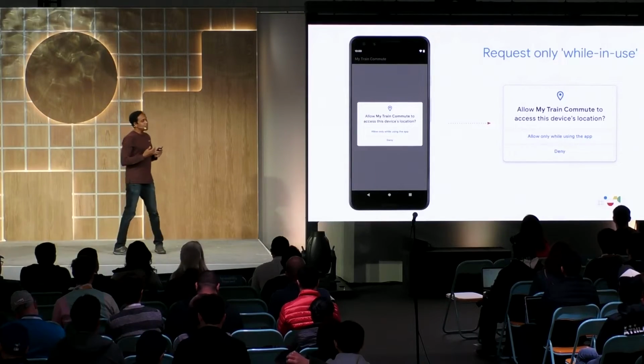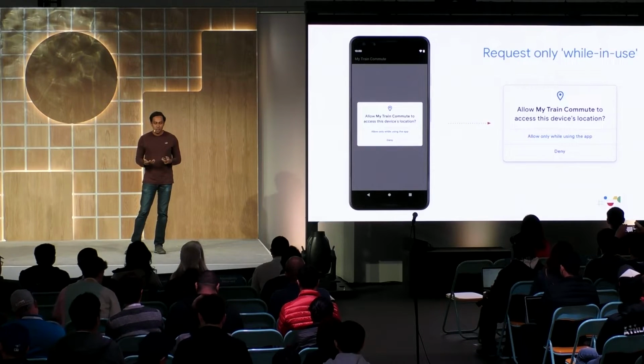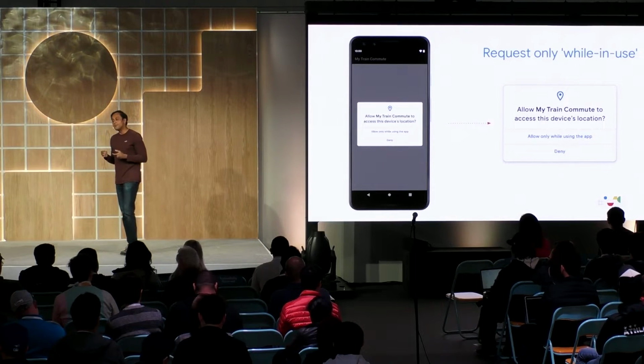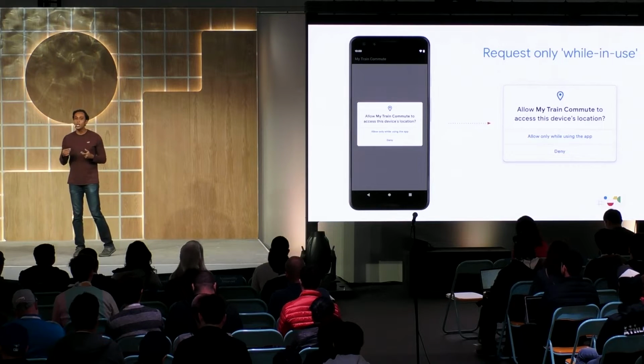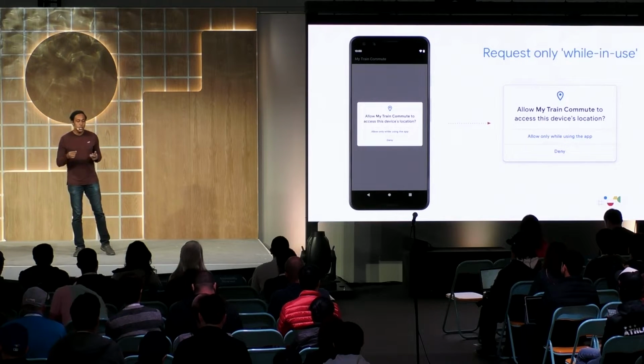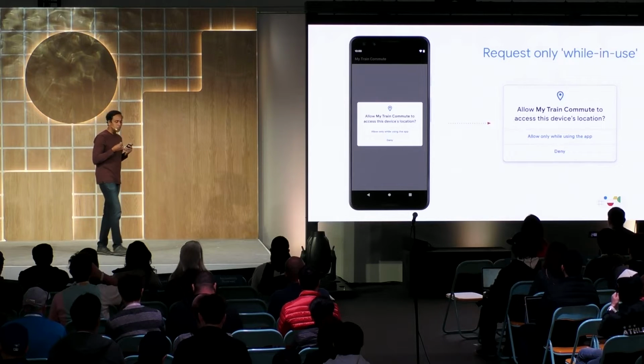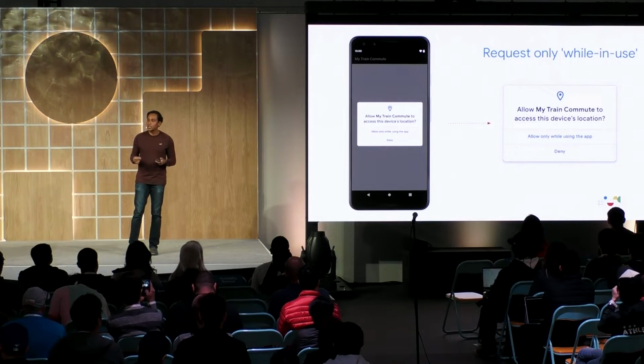Now, one of the key benefits of targeting Q SDK is that if your app needs location permission only when the app is in the foreground, you can choose to request only this location permission from the user and get location when the app is in use. In other words, you can choose not to request location permission when the app is not in use, or rather, the app is in the background. As a best practice, we highly recommend developers to utilize this capability and always ask only for the permission needed for the app.